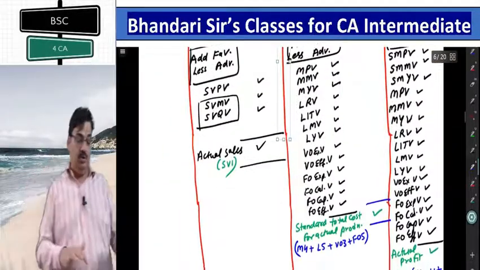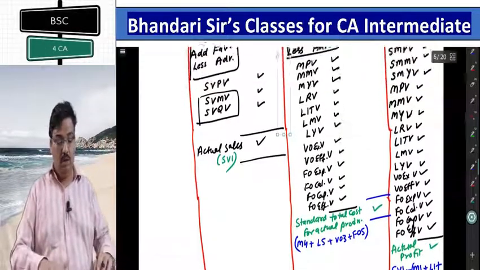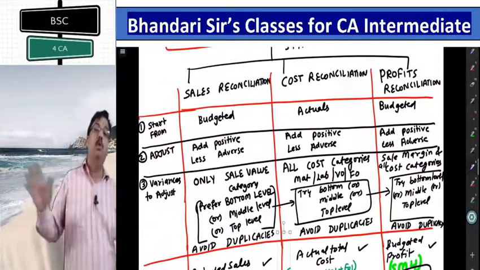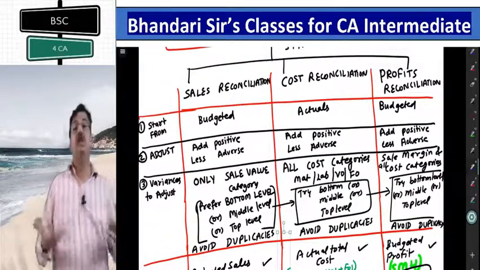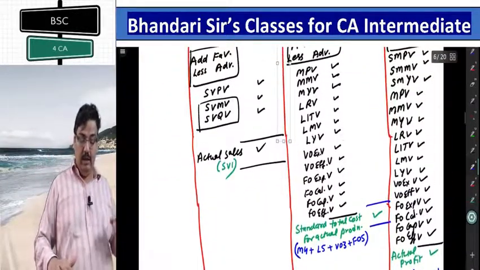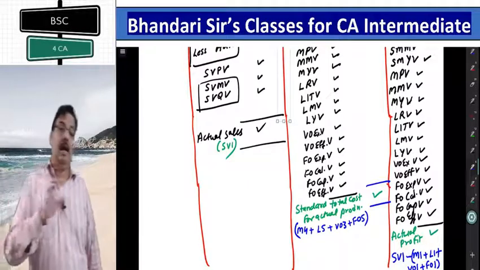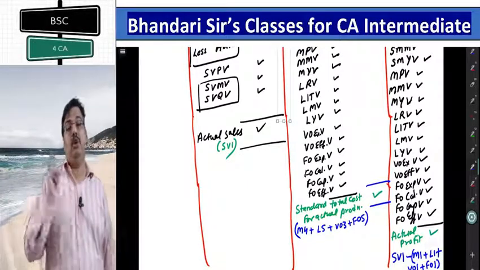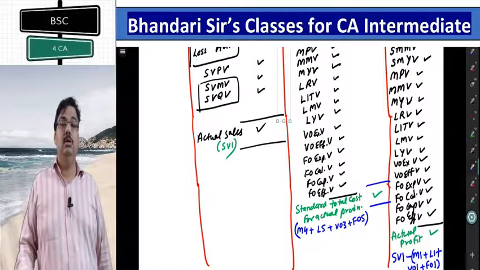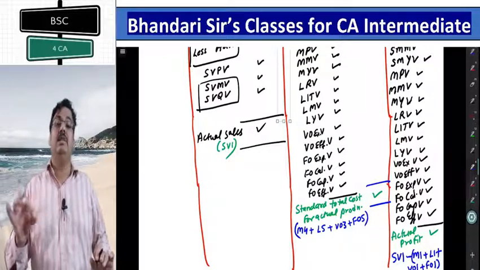By the next class, you should be able to recall. You don't need to have rectification of all this, whatever example I made. Points 1, 2, 3 should be known, and what the result is should be known. The result of sale reconciliation is actual sale. For cost reconciliation, standard total cost for actual production. And for profit reconciliation, actual profit, which is not a step to be computed separately. That is a complete concept which will be done in miscellaneous, some odd question there.